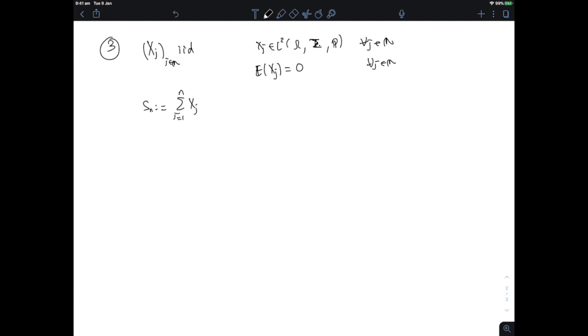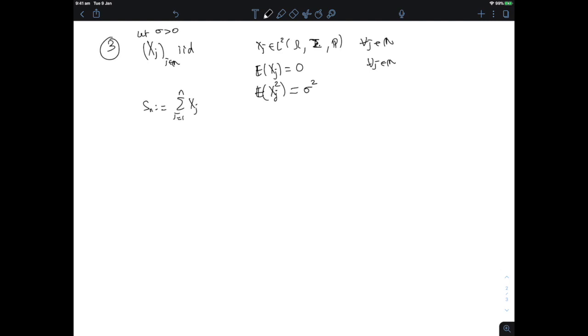But I'm going to be interested in what happens when I consider Sn squared, the square of the sum of these IID variables. And interestingly enough, this is not going to be a martingale, generally speaking. It would be a sub-martingale, but it wouldn't be a martingale. I'm going to have to compensate this square for it to be a martingale, and I'm going to have to compensate it in a way that's adapted to the variance of my IID random variables xj. So I'm going to assume that the expectation of xj squared is some fixed number that I'm going to call sigma squared, for some sigma